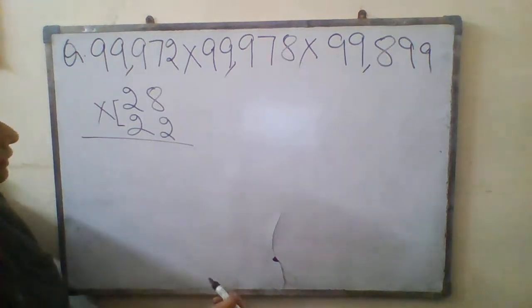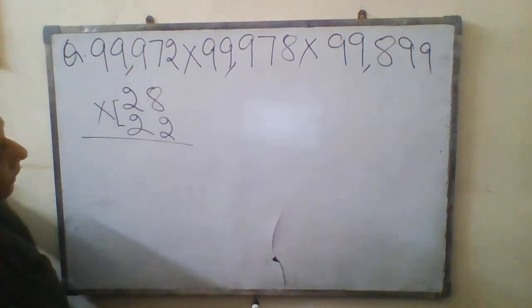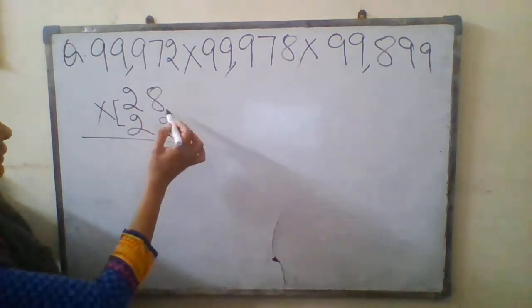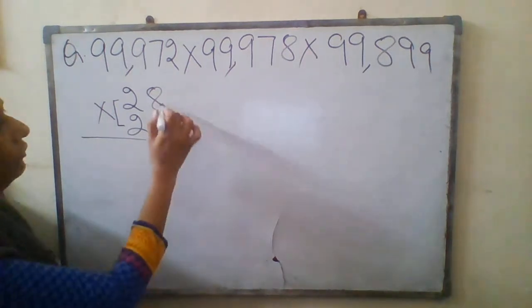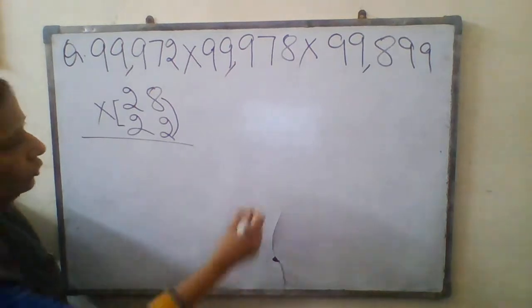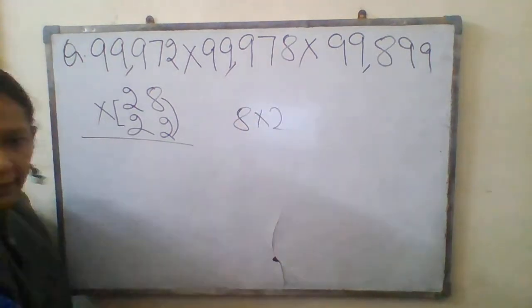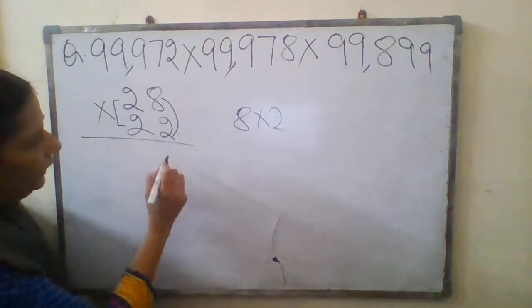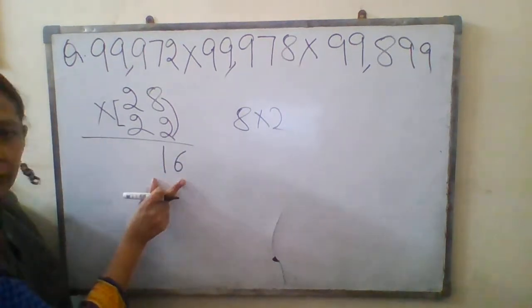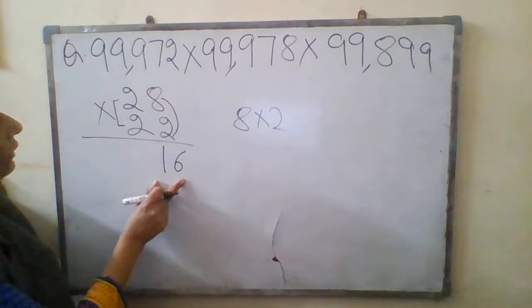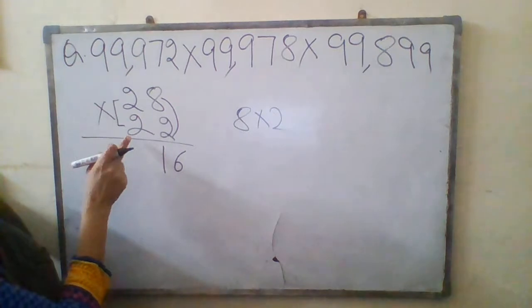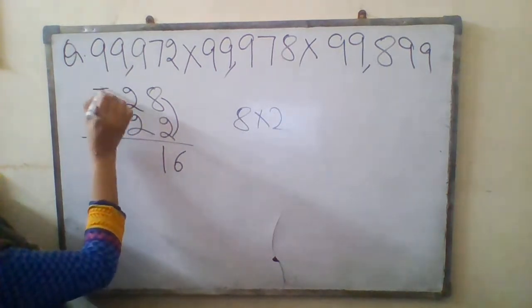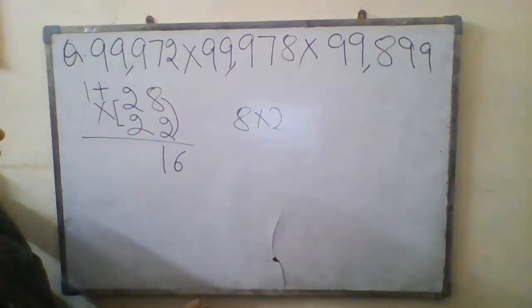Now you look here. In this question you have to do the multiplication of this. Here you can see the sum of the last two numbers is 10. So how will you do this? You will multiply the last two numbers. The last two numbers are 8 and 2, and all of you know 8 2s are 16. So you will write down 16 here. Now the next step, what will you do? Look at these two numbers, 2 and 2. Here you will add 1.